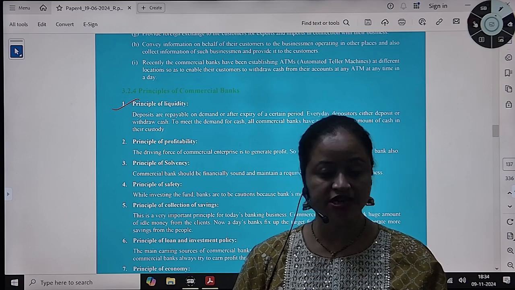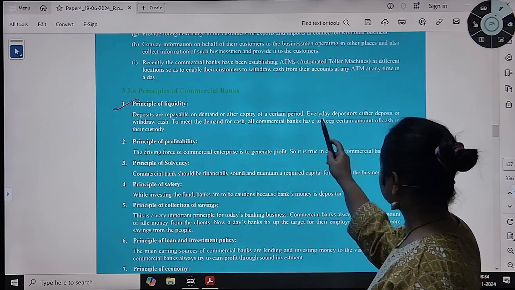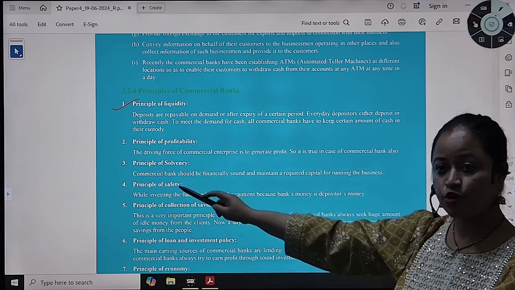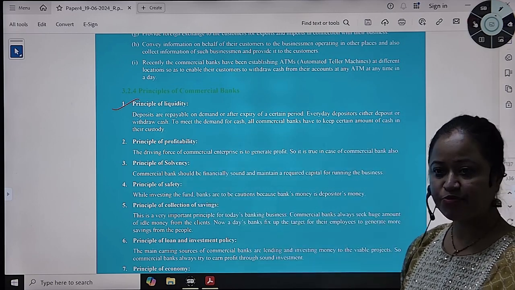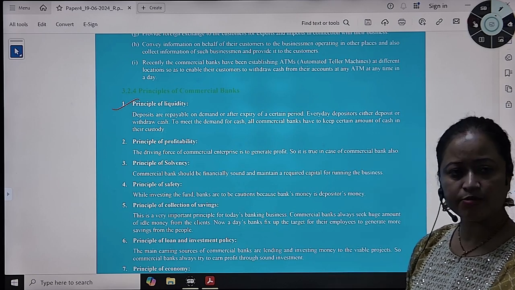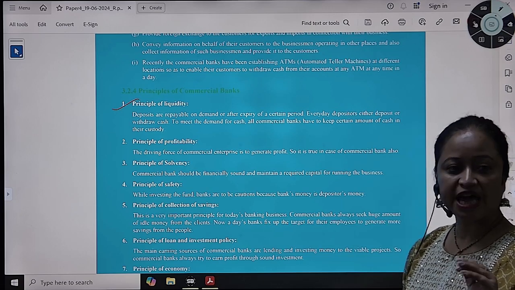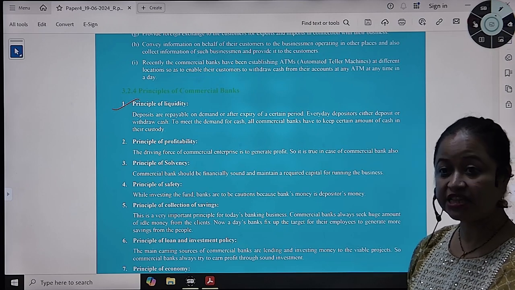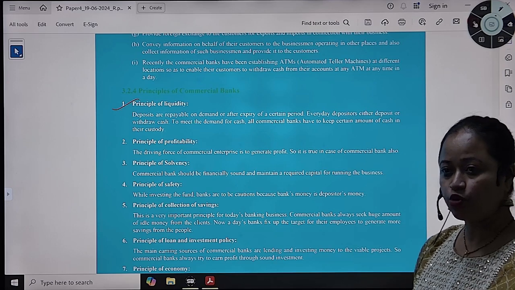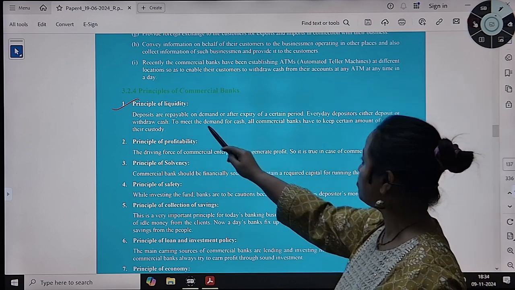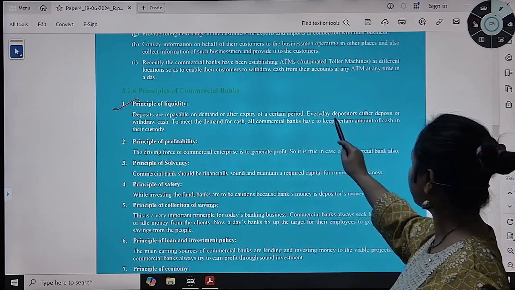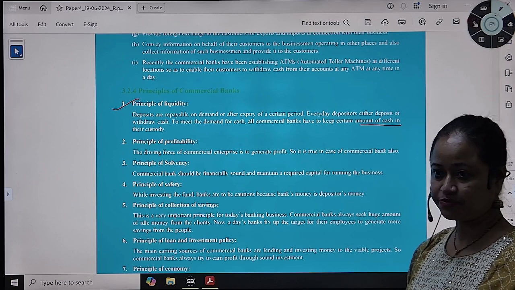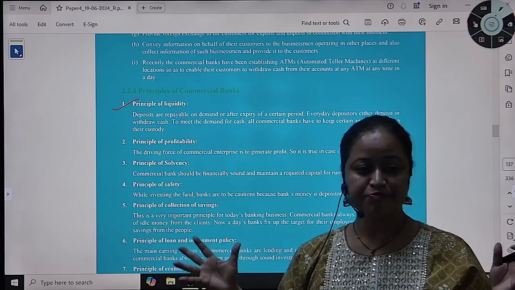सो दैट इज रीपेएबल ऑन डिमांड, फाइन। तो इसका मतलब इसमें यह दिखाया है कि एवरी डे डिपॉजिटर्स आइदर डिपॉजिट और विड्रॉ कैश। कोई ना कोई आएगा पैसा डिपॉजिट करने के लिए, कोई आएगा विड्रॉ करने के लिए। किसी का घर में कुछ हो गया, किसी का घर में हेल्थ इशू है, हॉस्पिटल जाना है, मैरिज है, बर्थडे है, कुछ बिल देना है, कुछ खरीदना है, कोई आएगा पैसा जमा करने के लिए, नहीं तो कोई आएगा विड्रॉ करने के लिए, है कि नहीं? सो टू मीट द डिमांड फॉर कैश ऑल कमर्शियल बैंक्स हैव टू कीप सर्टेन अमाउंट ऑफ कैश इन देयर कस्टडी। सो दैट इज प्रिंसिपल ऑफ लिक्विडिटी,